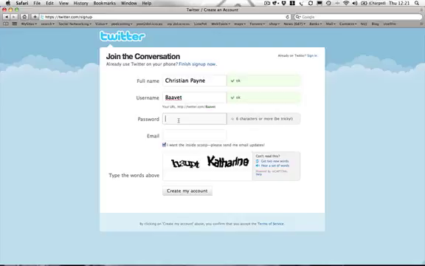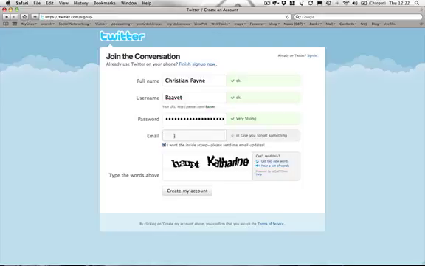Now I'm going to put in a password. How was that then? Very strong, it says. You can't underestimate the importance of a good password.